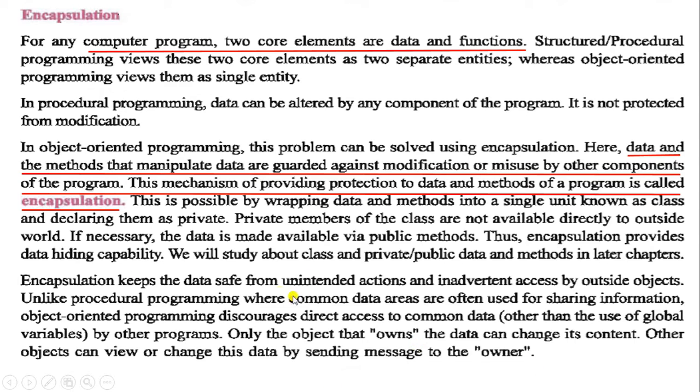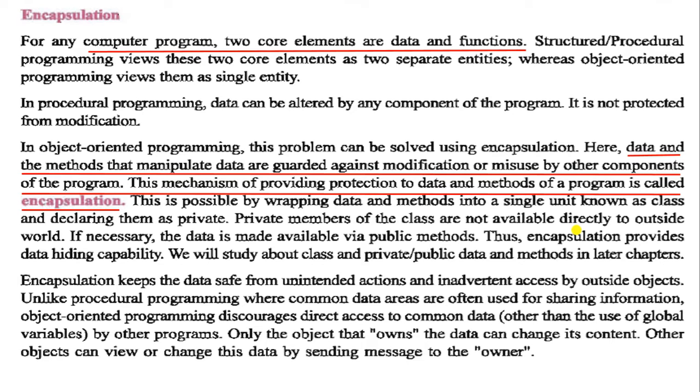This is possible by wrapping the data and methods into a single unit known as a class and declaring them as private. Private members of the class are not available directly to the outside world. Whatever data or members we mention as private are not available directly outside. The data is made available via public methods.